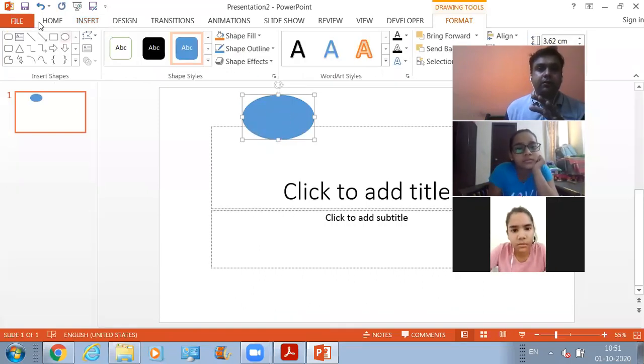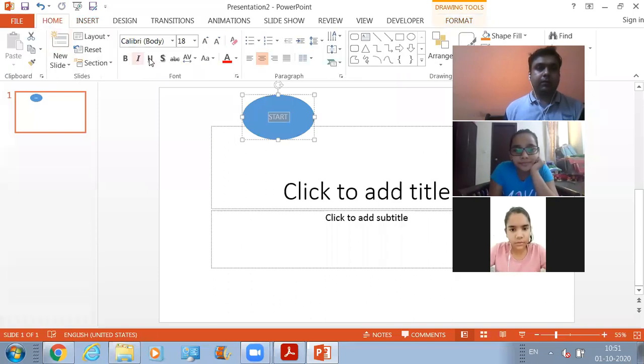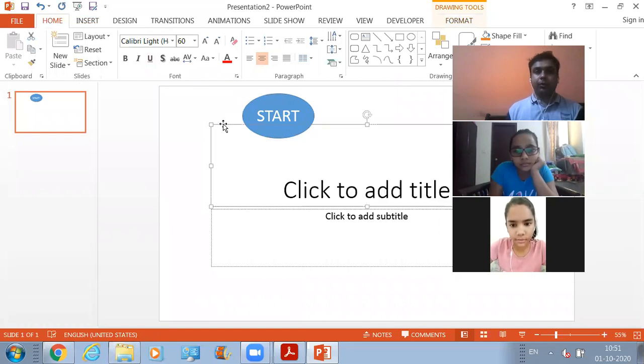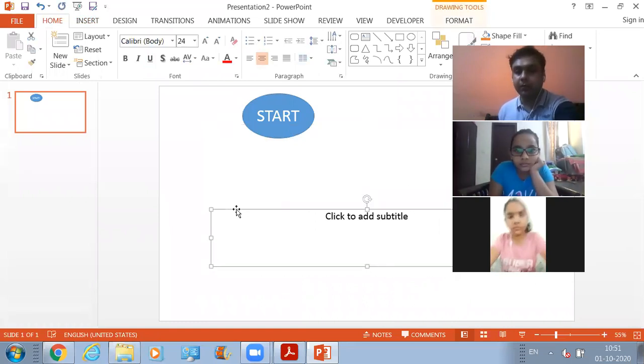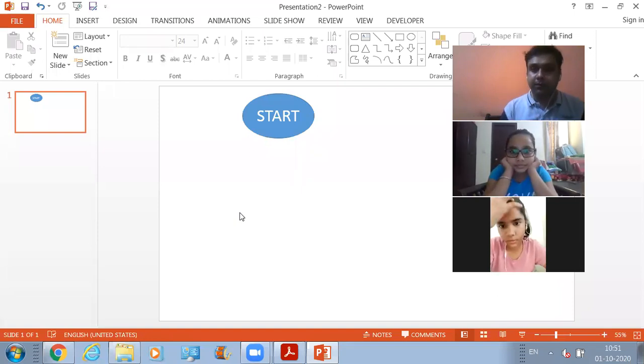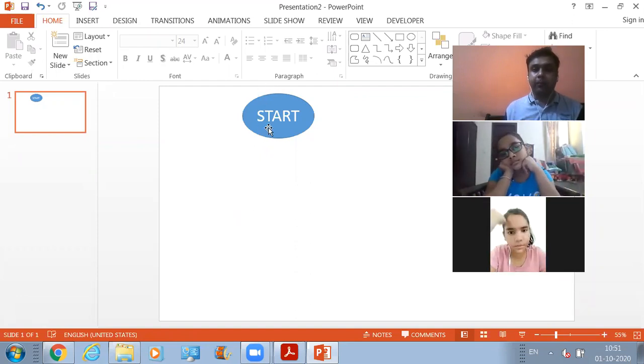So here inside this, I'm going to write down Start. So this is the first thing that we need to do when we are writing an algorithm. Suppose we need to write the algorithm for this question: calculate the sum of two numbers. For this question, we have to write an algorithm. Now, how are we going to do that? So in an oval shaped box, first of all, we will be defining the starting point like this.